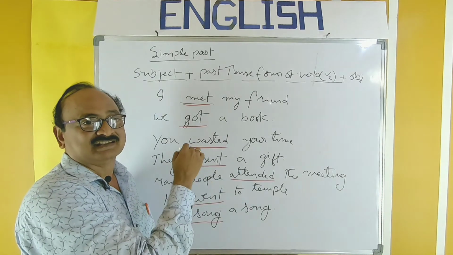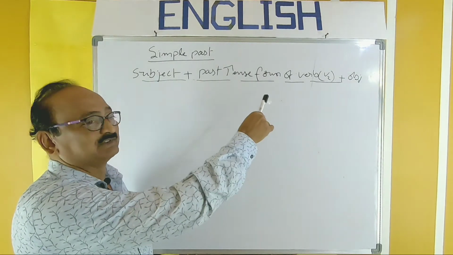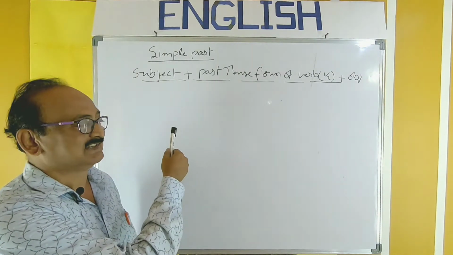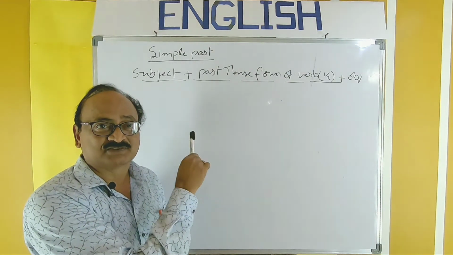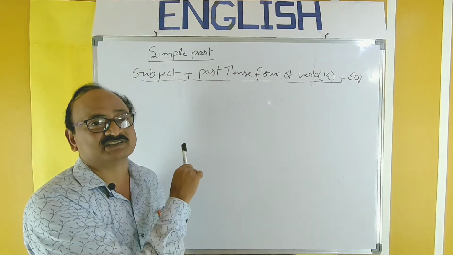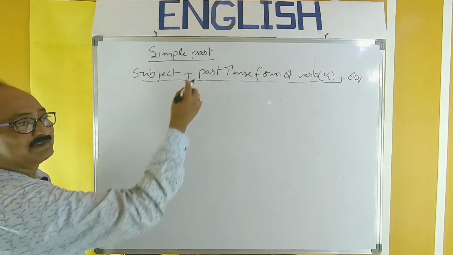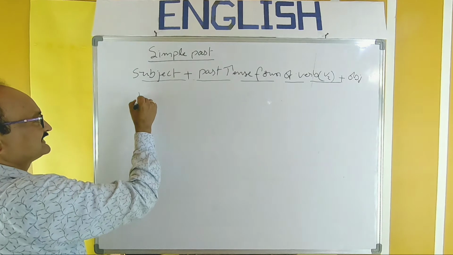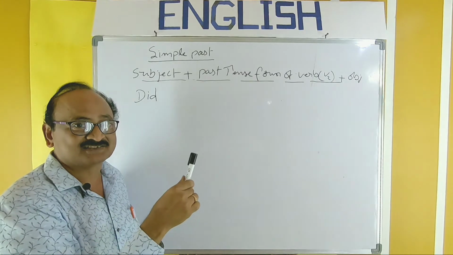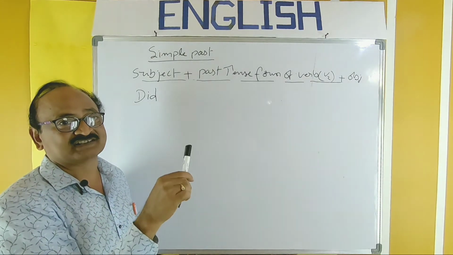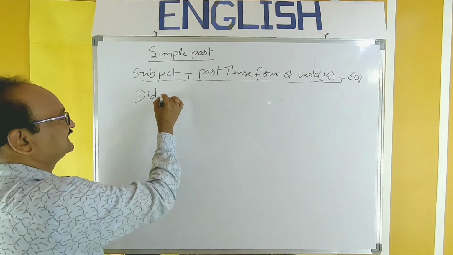Now let us take the next, that is the interrogative form and negative form also. This is the affirmative form, now the interrogative form. As I told you in the earlier tenses, there are two types of questions, yes-no questions and WH questions. You can learn both here. Whenever you want to ask a question in the simple past, you must begin the sentence with did. It's a must. In simple present, we use do or does, and the past tense form of do or does is did. So begin the question with did.